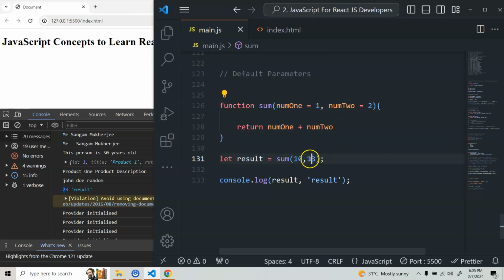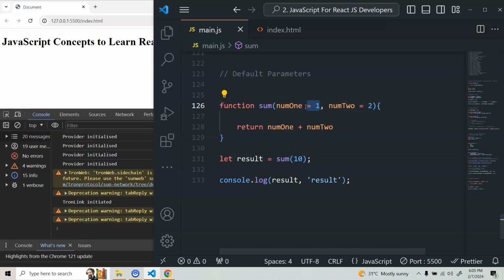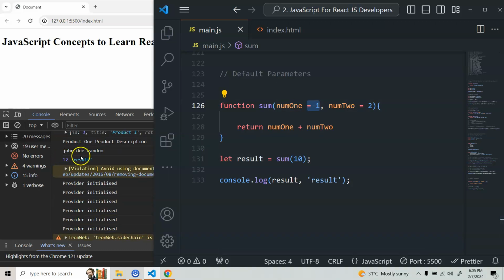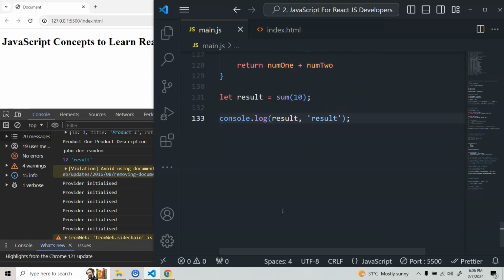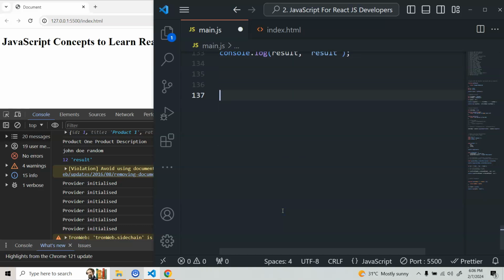What will happen if I only pass 1? If I remove this one, now this will only override this value and it will return 12. You can see that it is returning 12 because it is overriding the value of num1, but num2 we haven't passed here, so it will be 2 by default. So this is the concept of default parameters. Alright, next we have another very important topic, and that is spread operators